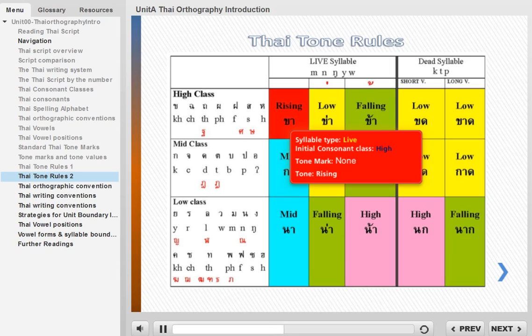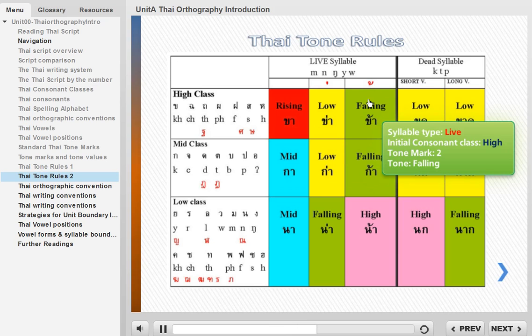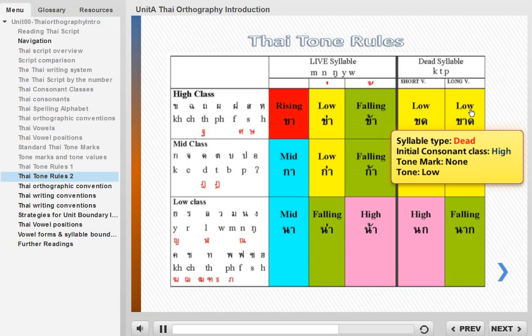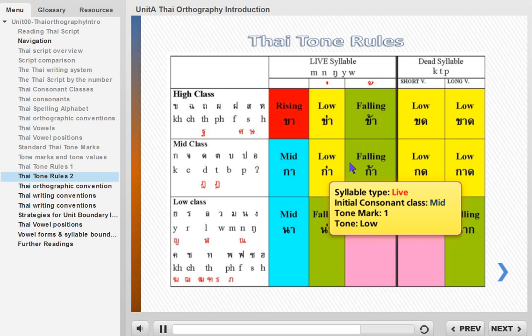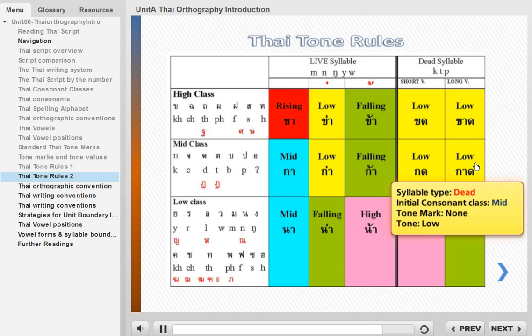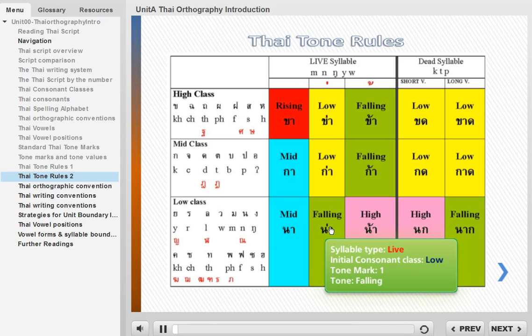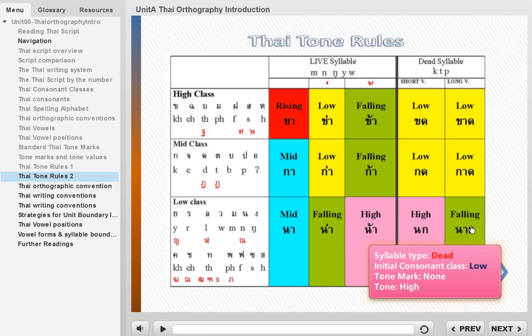Ka, ka, ka, ขด ขาด กา กา ก้า กด กาด นา หน้า น้า นก นาค